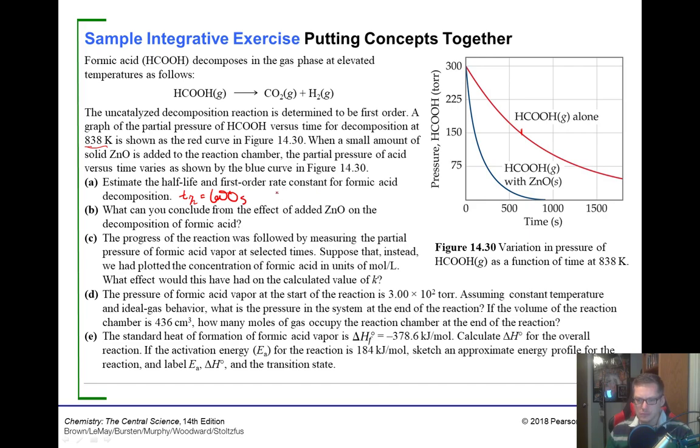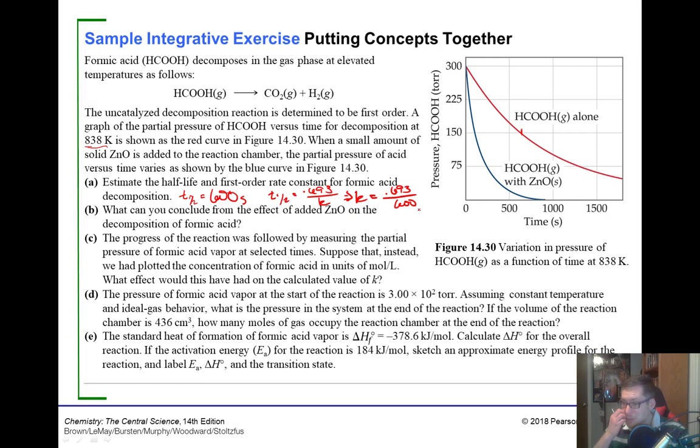We also know that the half-life of a first order reaction is equal to 0.693 divided by our K value. So that means our K value would be equal to 0.693 divided by 600. That's just something we derived several videos ago in our integrated rate laws. So, divided by 600, and we get